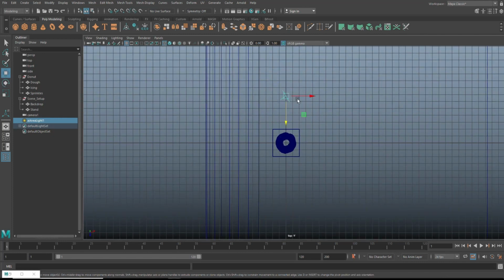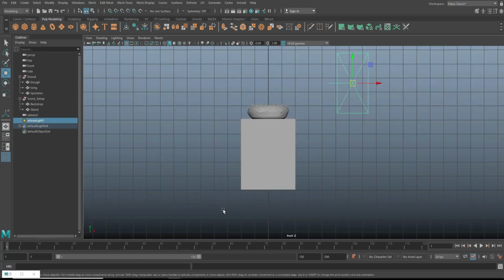So we're going to hit W, and we're going to move it over here like this, scale it up a bit just so I can see what's going on, and that's the angle that I want. I want it pointing at this corner right there, right? Now, let's see, from a height point of view, I want it to be angled. So I'm going to hit E to rotate.